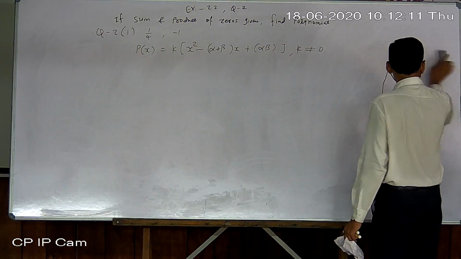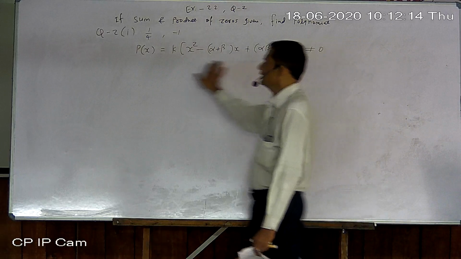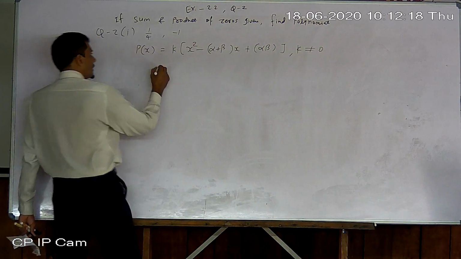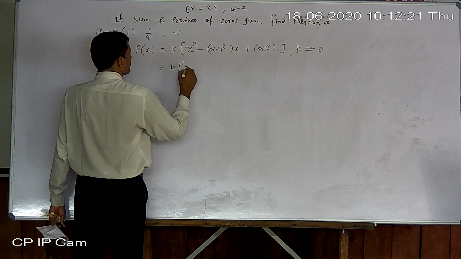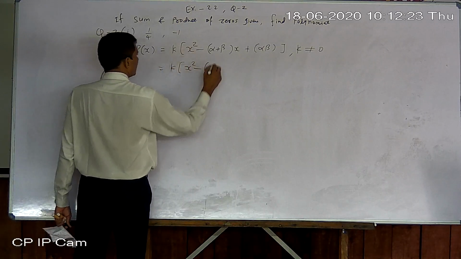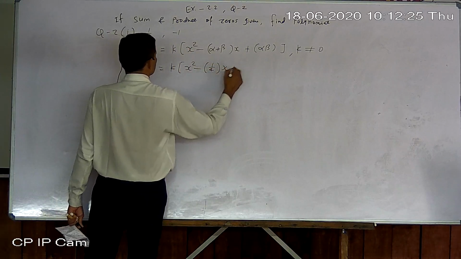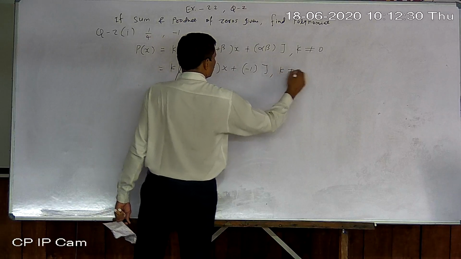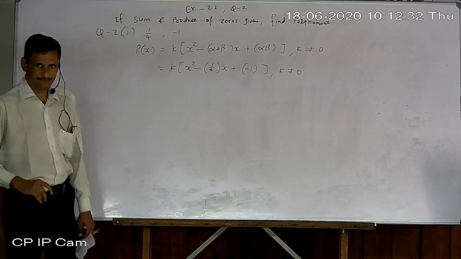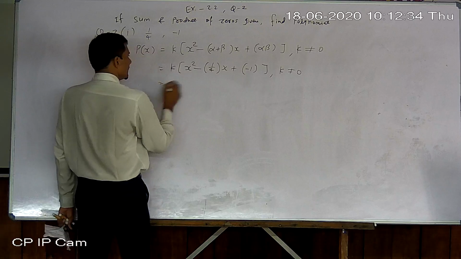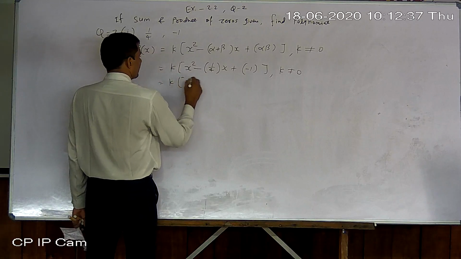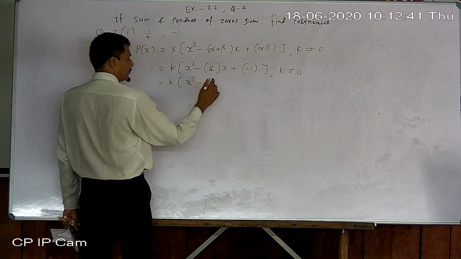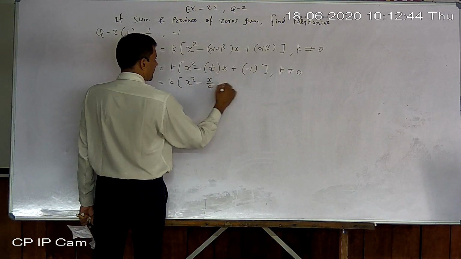If you want to understand, if you want to memorize this, then no problem. Now look there, nothing to do, only place values. So x square minus 1 by 4 x plus minus 1. Okay, write down this one every time, otherwise you may miss it in the last step, first and last. So what happens here? x square minus x by 4, because 4 is in the denominator, minus 1.